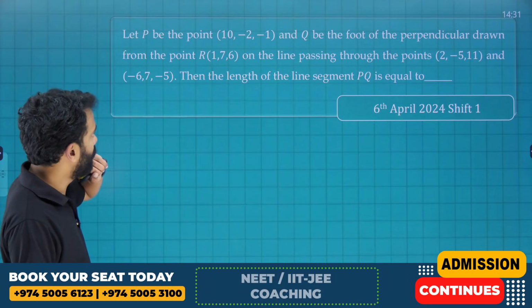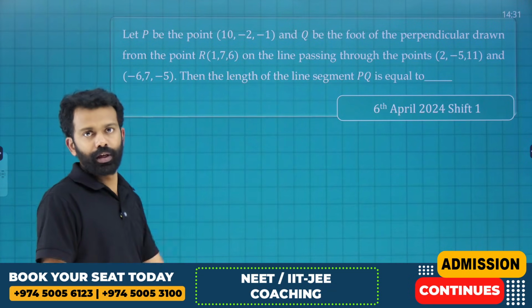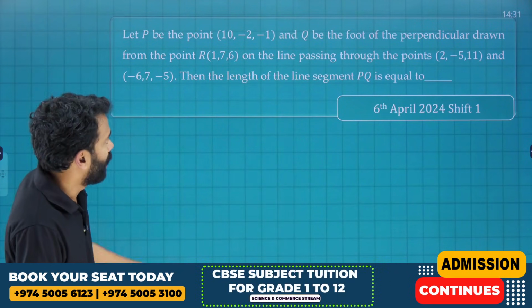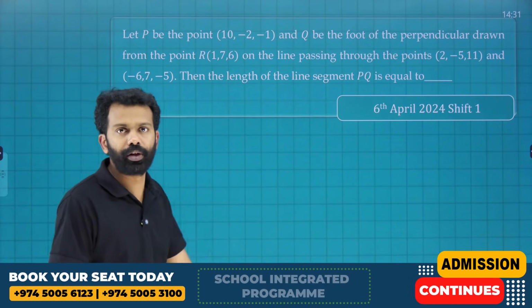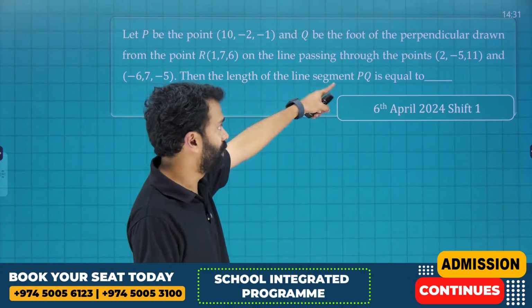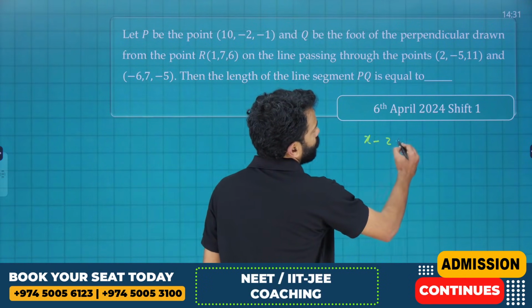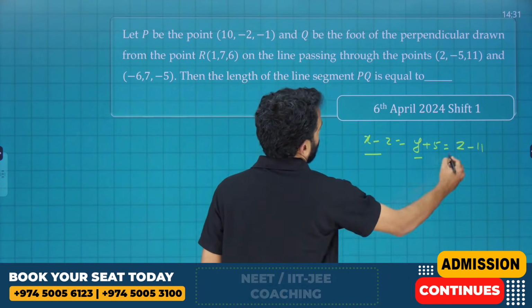P is already given. Q is the foot of the perpendicular to the line, and the equation of the line is not given. We need to formulate that line. Okay, so how are you going to do this one? The line is passing through 2 points, (2, -5, 11) and (-6, 7, -5). Easy one. You know how to formulate the equation of a line if it is passing through 2 points. It will be like x minus 2 is equal to y plus 5 is equal to z minus 11, divided by